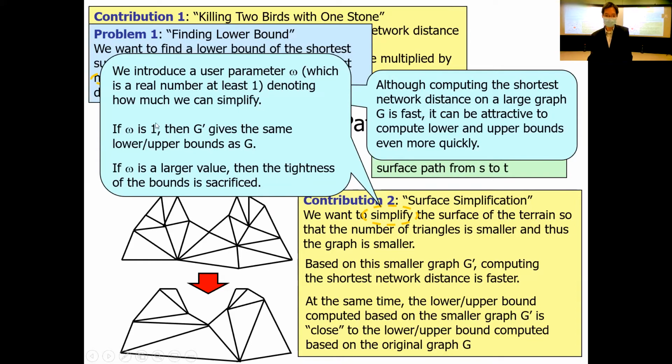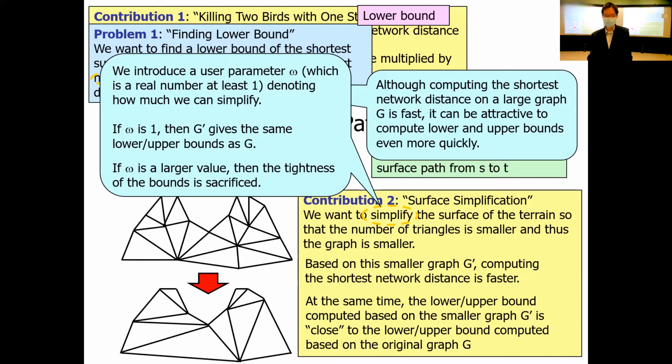For example, if omega is set to 1, then the smaller graph gives the same lower and upper bound as the original graph, okay? If omega is larger, then the tightness of the band, the lower bound and upper bound, will be sacrificed. Sacrifice means that it's not that tight. Okay, I will illustrate more in the next few slides.